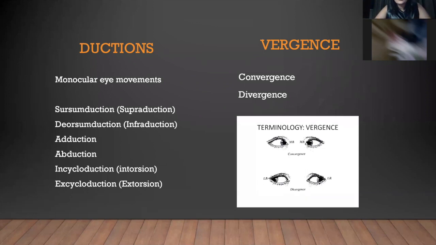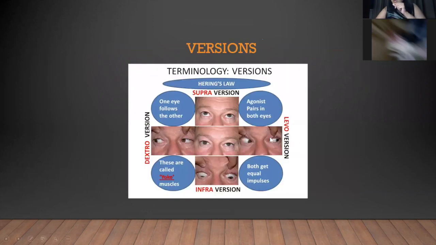Now, binocular eye movements are of two kinds: versions are conjugate and vergences are disconjugate, meaning they do not follow Hering's law. Hering's law of equal innervation means they are moving the eyes in the same direction. Now, vergence means that the eyes move in opposite directions. So convergence is when both the medial recti work together to converge or come inside, which violates Hering's law. And divergence is when both the lateral recti act to move outwards or diverge. Okay, I'll have to quickly finish because we're already at 8, but we will take it quickly. Okay.